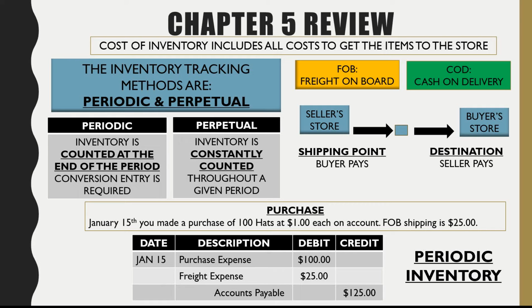When we're looking at periodic versus perpetual, the difference is that at the end of the periodic inventory, a conversion entry is necessary because when we recognize our inventory, we recognize them as expenses, and then at the end of the accounting period is when we convert them to our inventory as well as our cost of goods sold. So in this case, that is what you need to do. Where